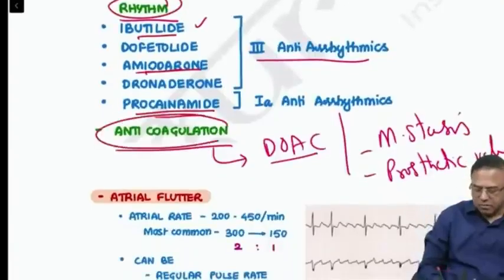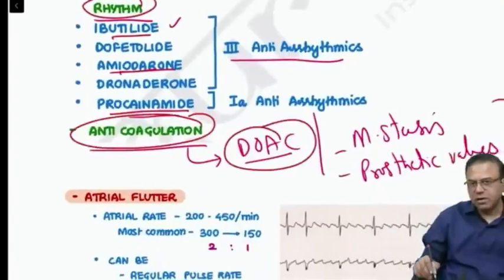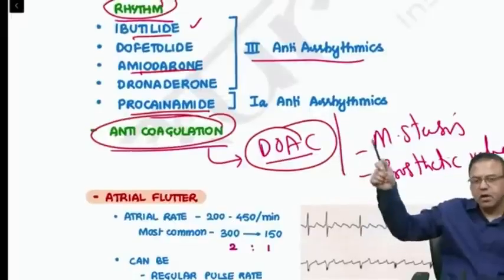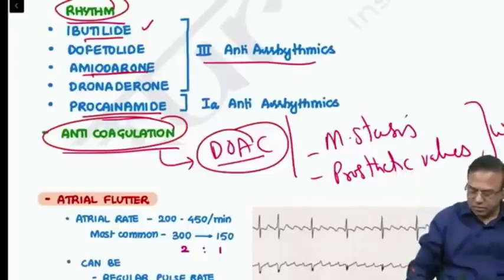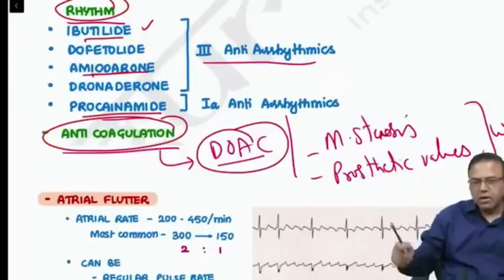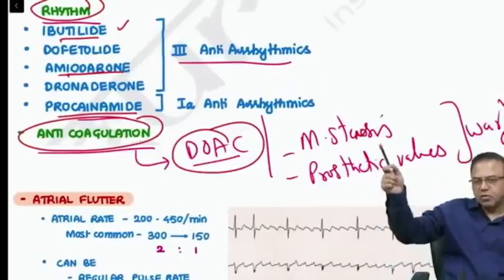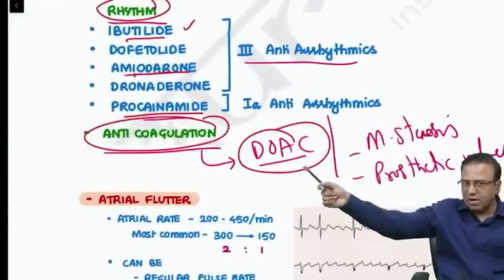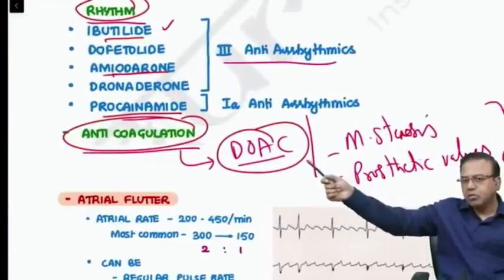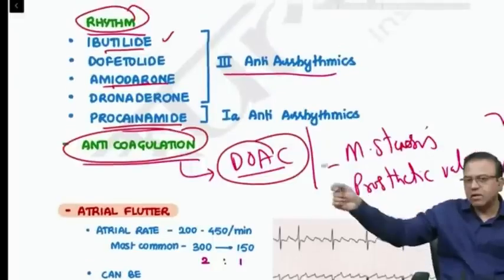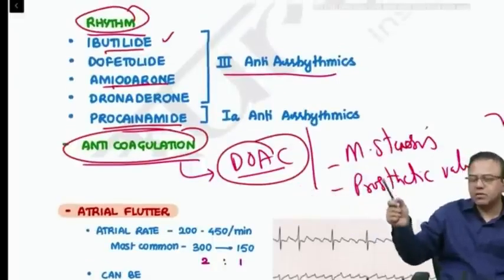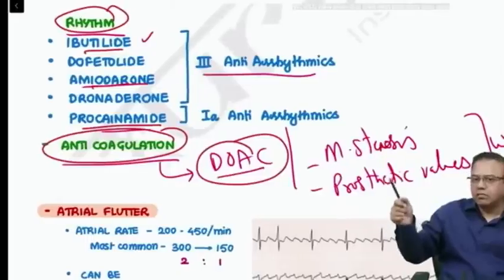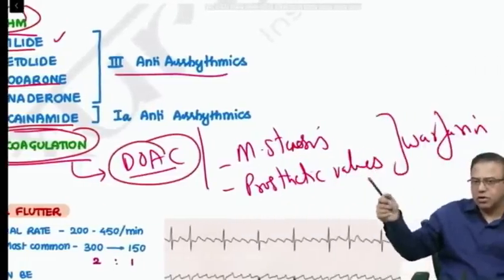In any patient with atrial fibrillation, anticoagulation has to be started. Typically what we start is a direct oral anticoagulant agent because we don't want stroke to occur. But in patients with mitral stenosis and in those who got a prosthetic valve, you cannot use direct oral anticoagulant agents, only warfarin is allowed. It's not that the DOAC will not work here. They excluded MS and prosthetic valve in the DOAC study because this is a very high risk of embolism, so they excluded them. That's why DOAC is not allowed. So in these two conditions, the only drug allowed is